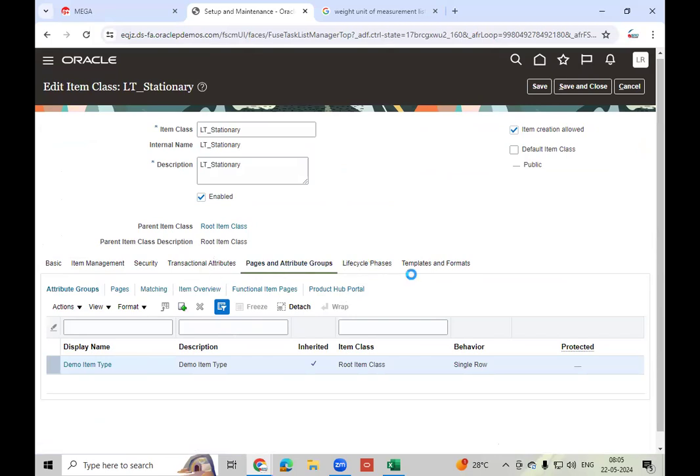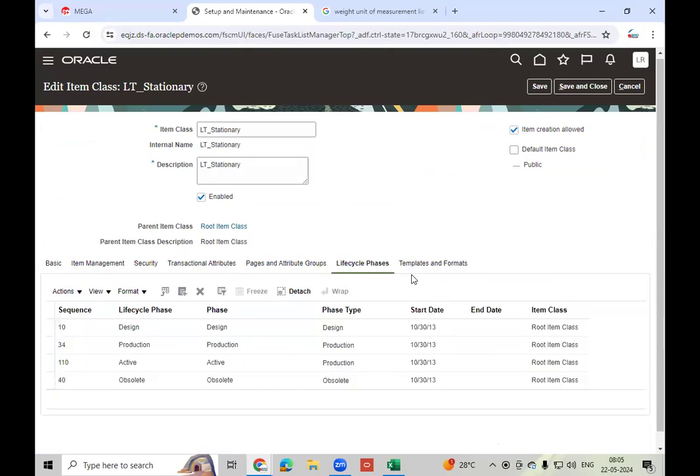But coming to life cycle phases, what are the life cycle phases? Why are life cycle phases required? Maybe sometimes you may face this question. Also, it is a mandatory configuration. You know, right? Product life cycle phases. Every product